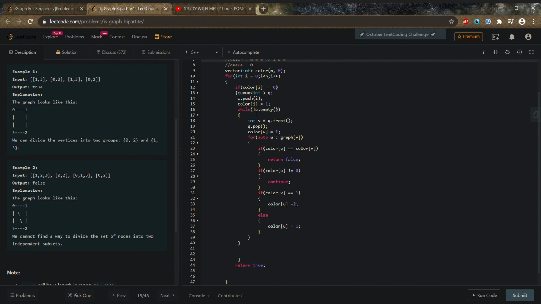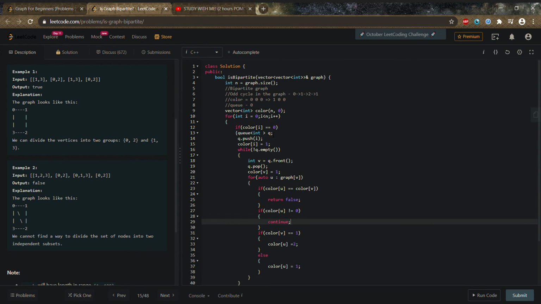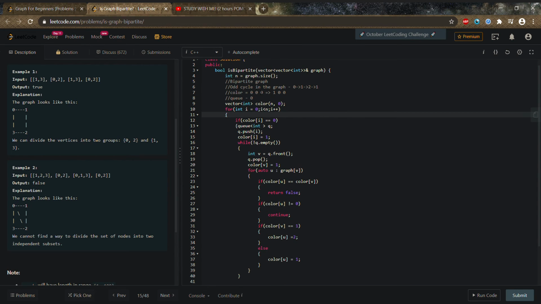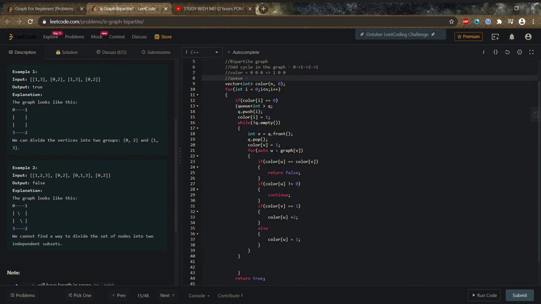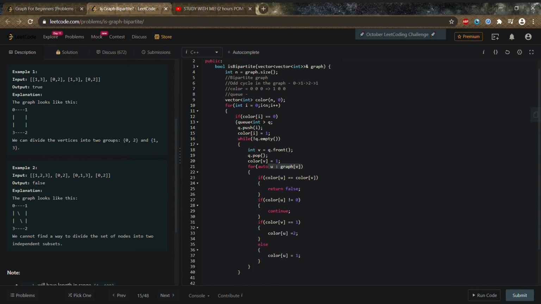Now we'll proceed to this while loop, and we'll see that in this queue we have the 0th element as the first, so this will come out, and color of V is equal to 1. That is already done, and then this will pop out of the queue.